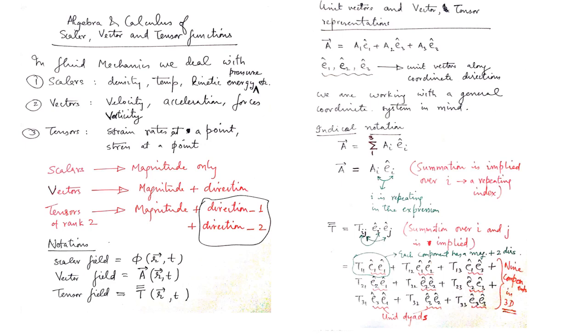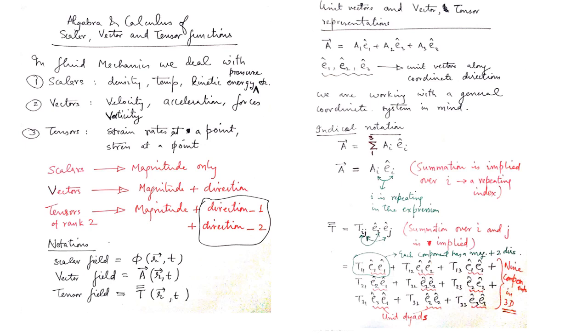Okay, so it's a double summation, which you must imagine written before the expression Tij e_i cap e_j cap. So we seem to be just omitting the summation, with that summation actually present in our minds. Okay, that is what the idea is. Now to further clarify that, if I were to really open this out, because there are two summations, it will look like this. It will have 9 components in 3D if I open this out.